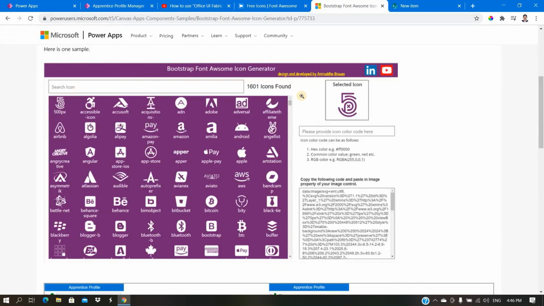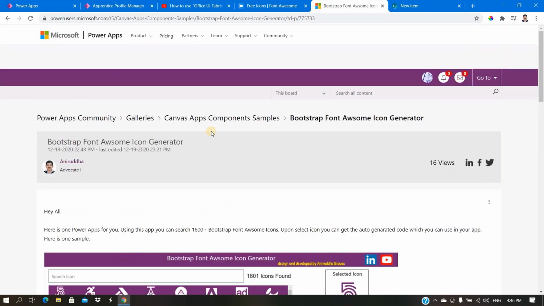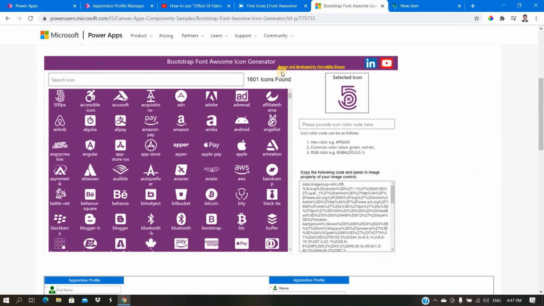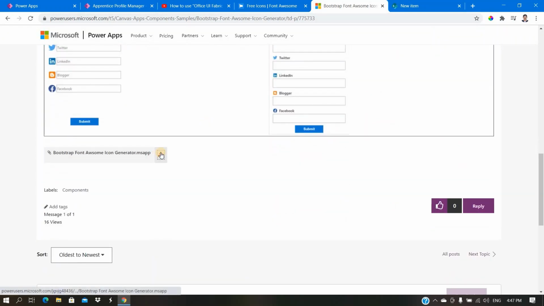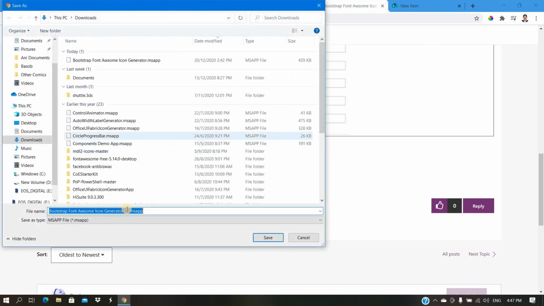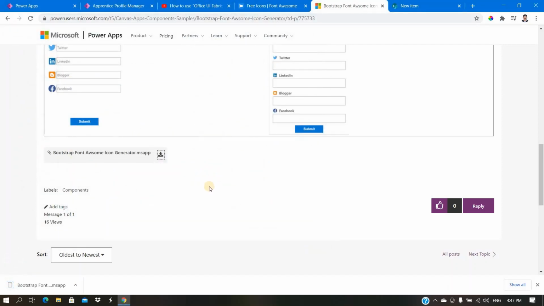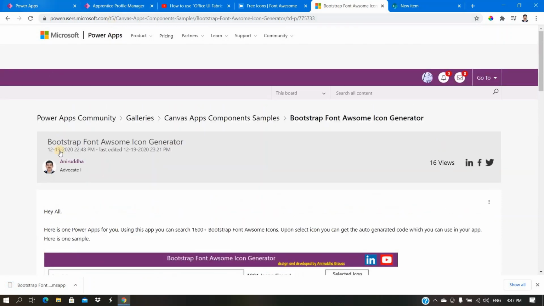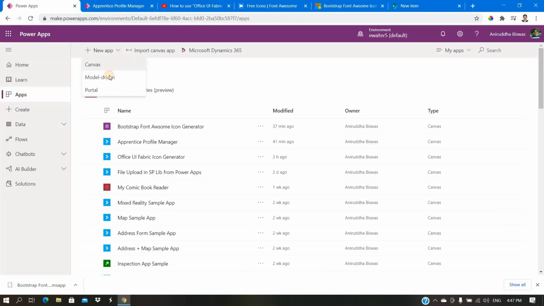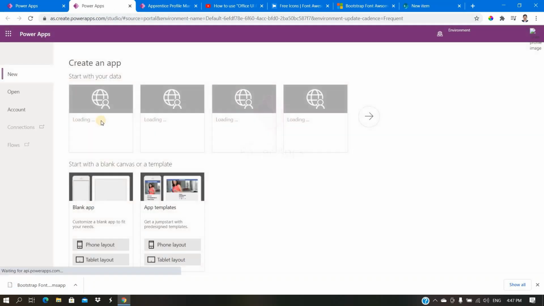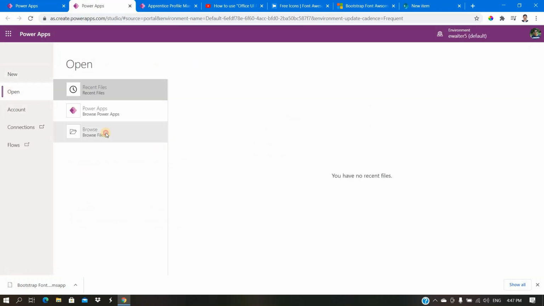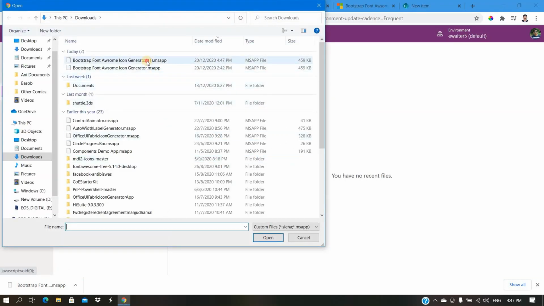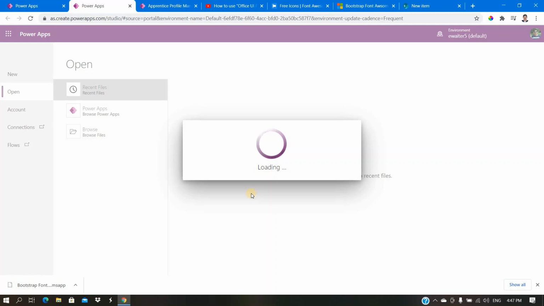So I have created one app for that. I will provide this link in the description. From this link you can download this app. I have already uploaded it here. Now you need to go here, create a new app, canvas, and then select open, go to browse, and select that downloaded app.